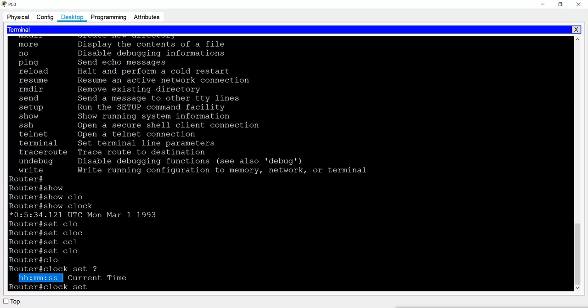That means in this case it is asking me to add the time, like hours, minutes and seconds. So if I don't add it, it will not accept the command. So I have to give the time. Suppose in my place it is 17:12 minutes 00 seconds. Now I want to see what next I can give. Suppose I don't know what next I can give. I directly press enter. Now you will see the error.